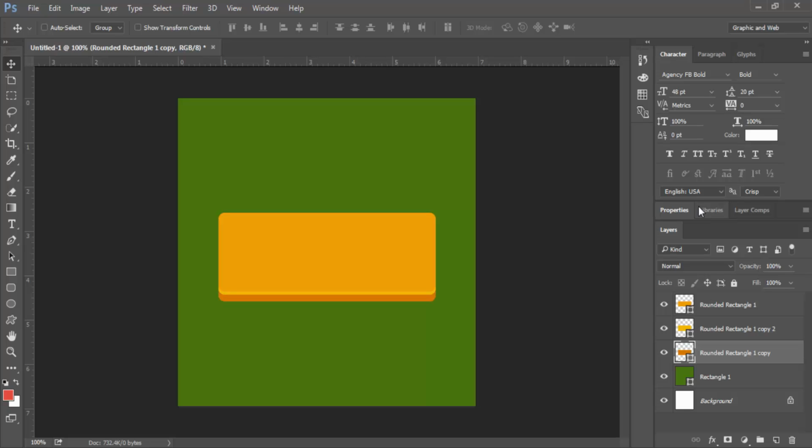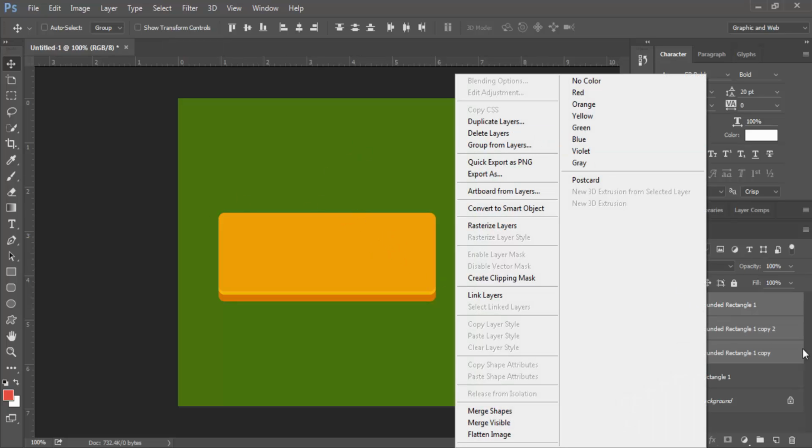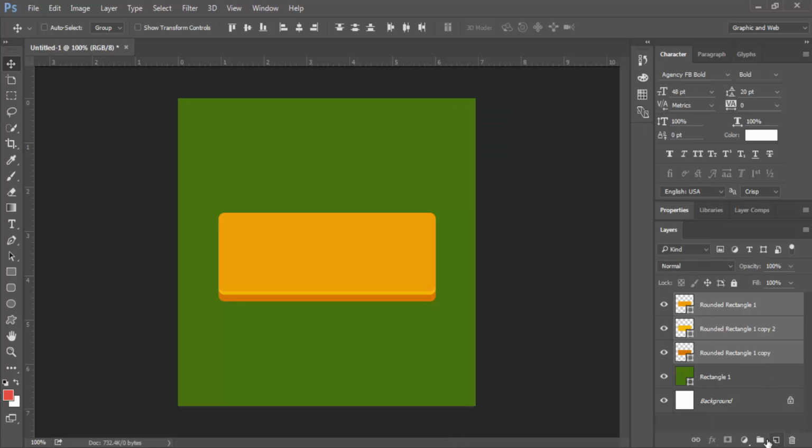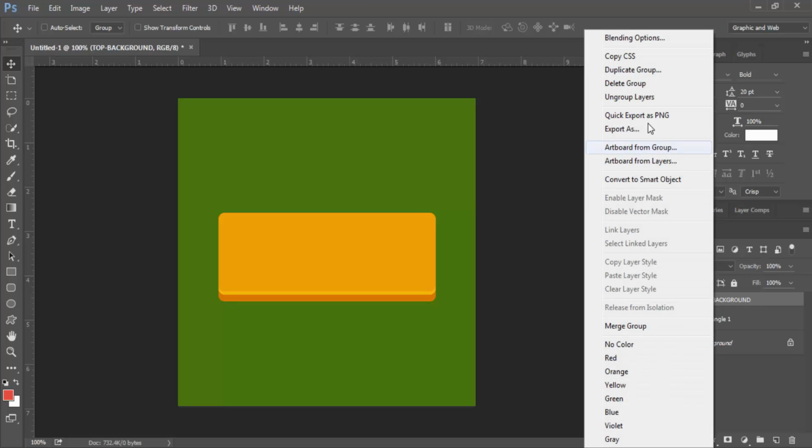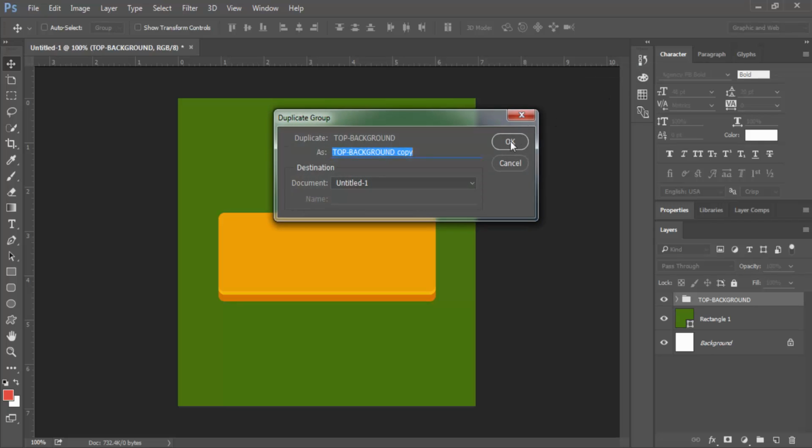Now we group the layers as top background. Now duplicate the top background to be the bottom background.